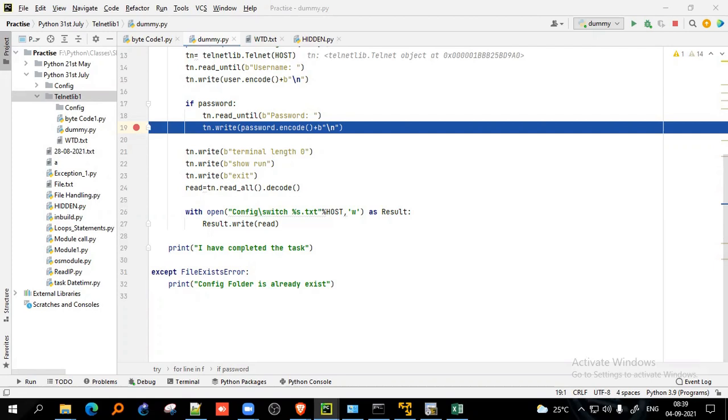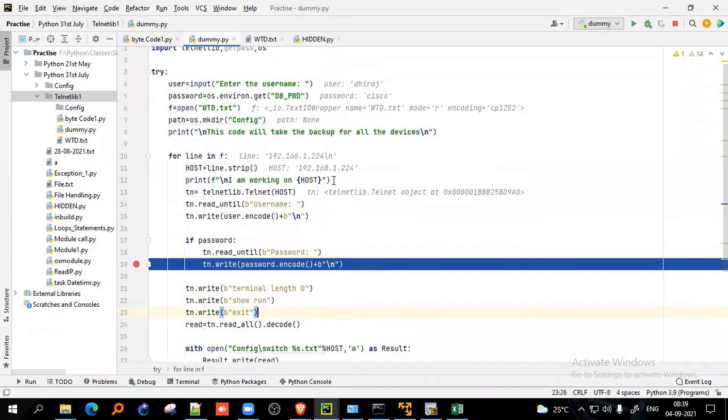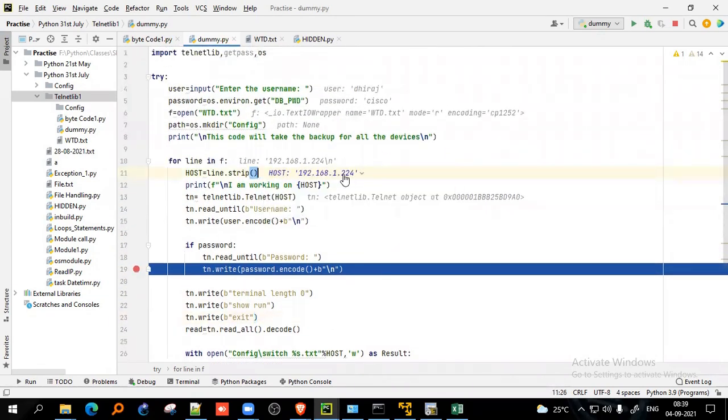What is the issue then? Wait. See, now the host will be 192.168.1.224. Okay.